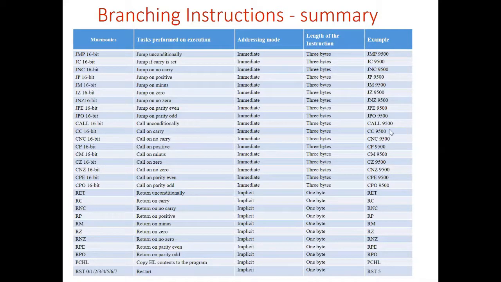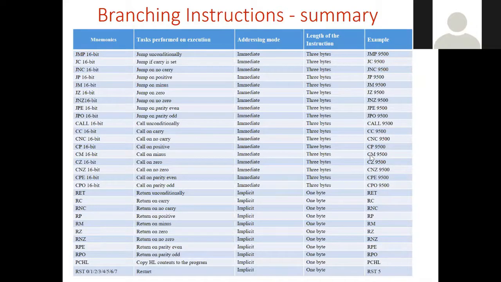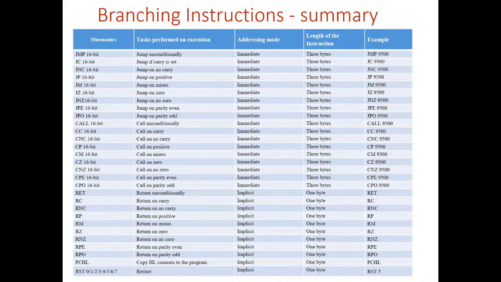Now, if call is used, then after executing that subroutine or subprogram, the last instruction will be return. So if call is used, return must be used. But that is not the case with jump, because it cannot return to the point of branching. So there will be no return address. Only call has a return address, because it needs to return to the point of branching always. Where it was resumed, it again comes back to the main program from the subprogram. That's why if call instruction is used, return must be used.